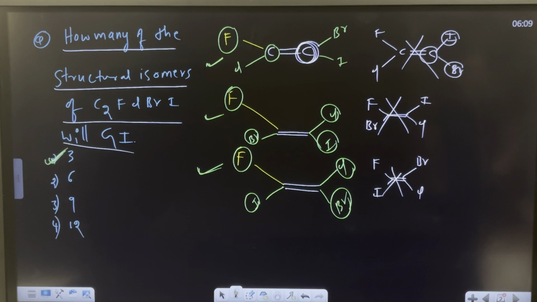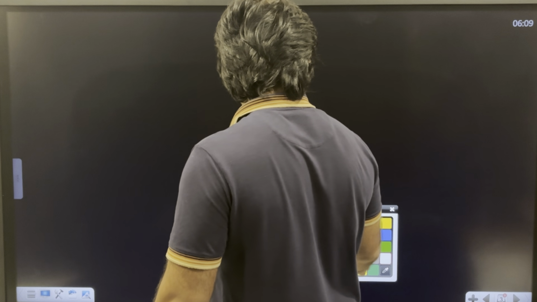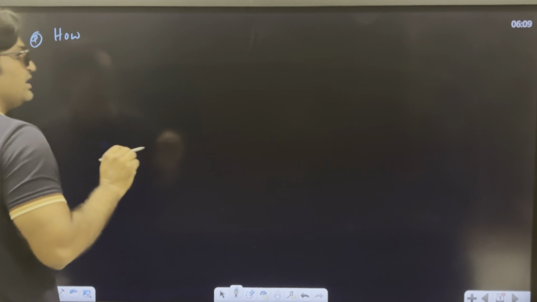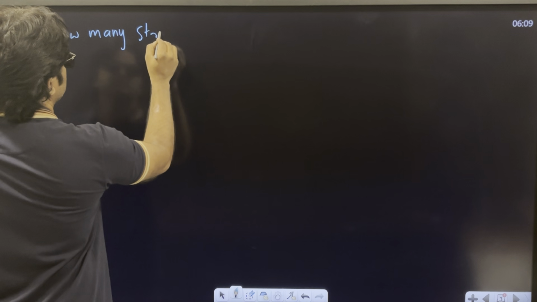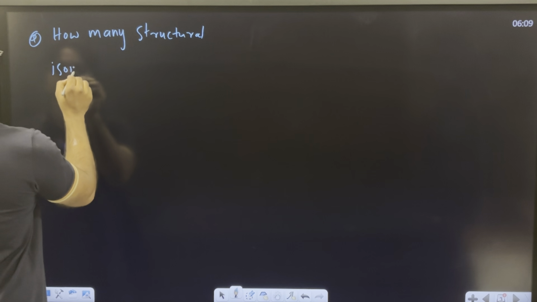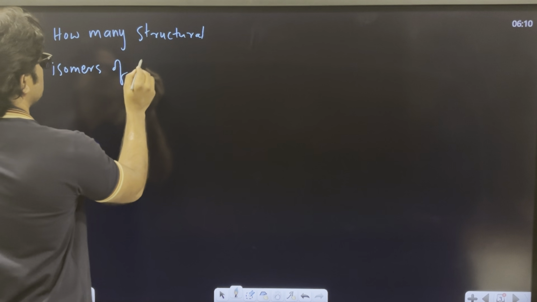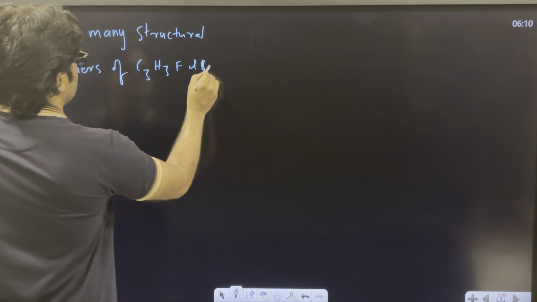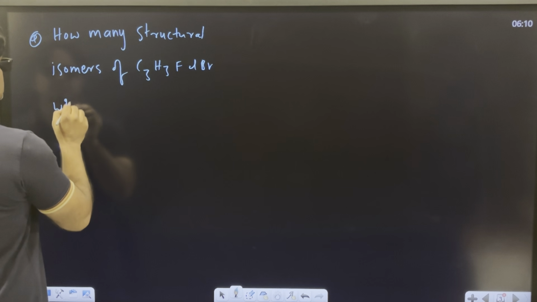Right, come to the next question. Same type of question. This one is also very important. Here our question is: how many, somewhat lengthy but very important, how many structural isomers of C3H3 fluorine chlorine bromine will show